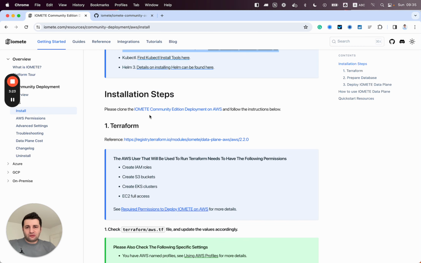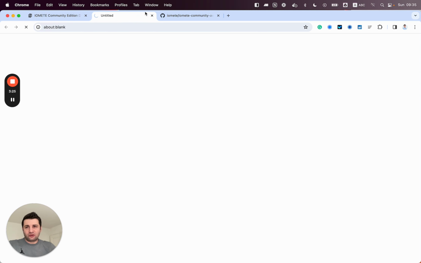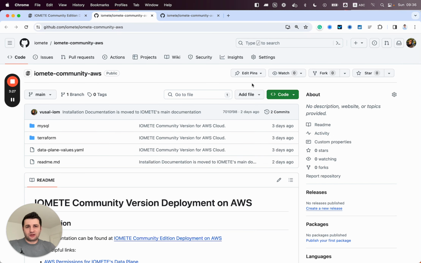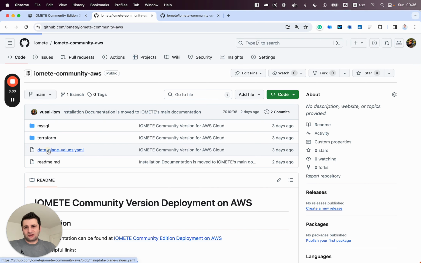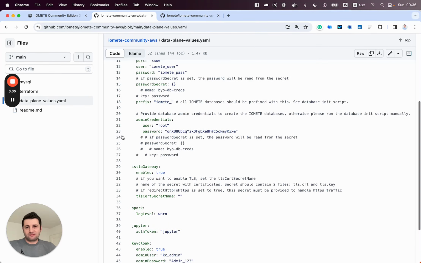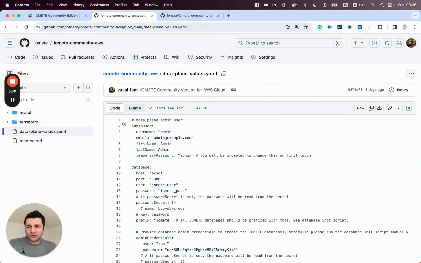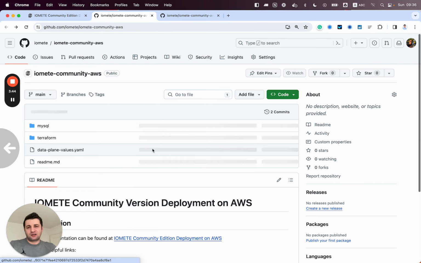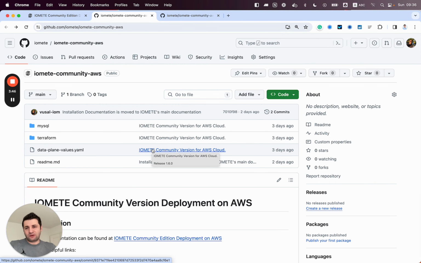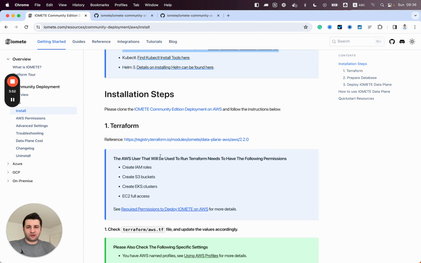First, we need to clone this repository. You just copy this. This repository mainly carries these Helm values. For default installation, we won't change anything from here, but if you want to customize, you can check these values before you go with the installation.